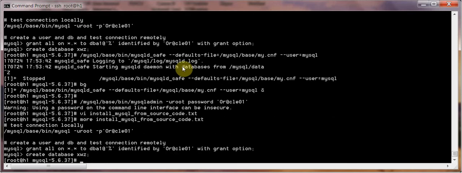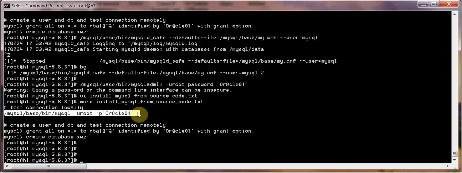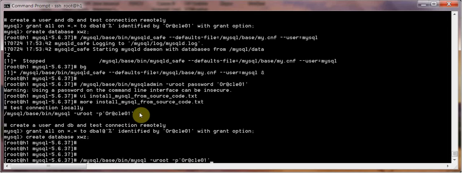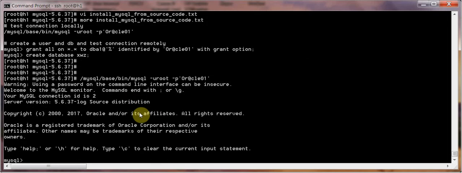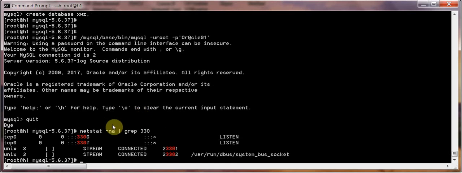So what I'm going to do is, let's see. See, I connected, right? Okay. Also, if you want to check the port, I think you can also check the port. Let's see which port is running on 330. You see, I have two. One is on 3306, this is the default, and this is the one I'm running, 3307. Also, if you look at the process, let's see,